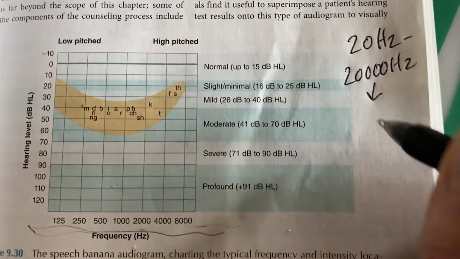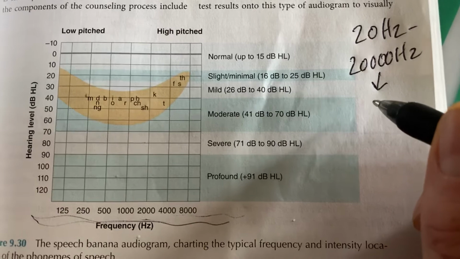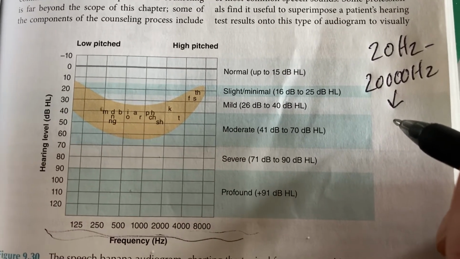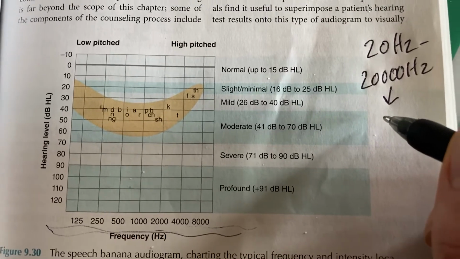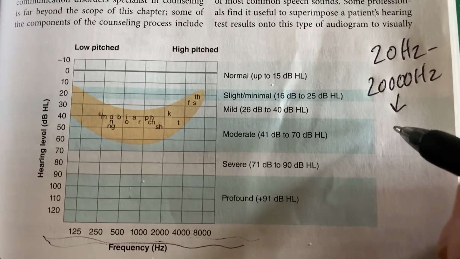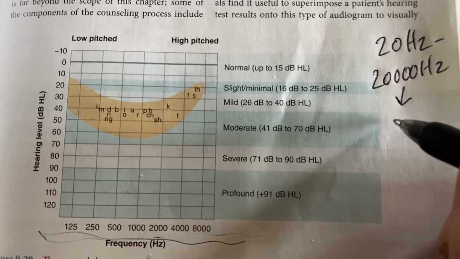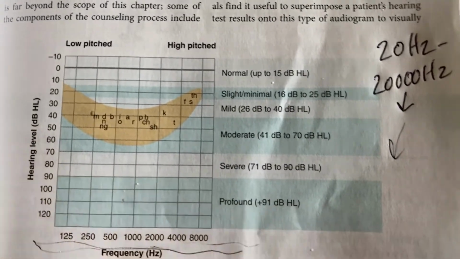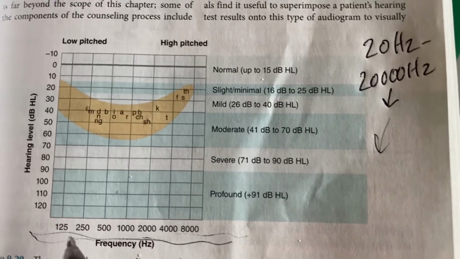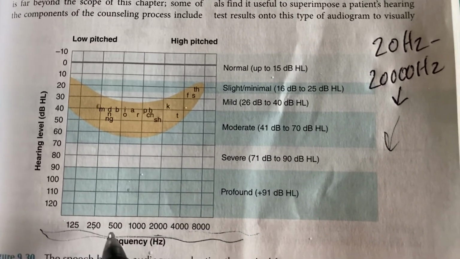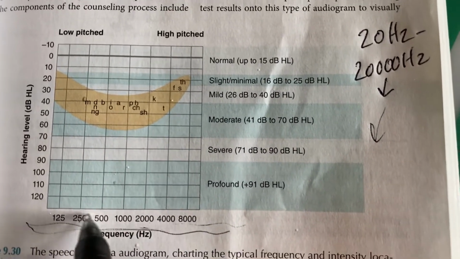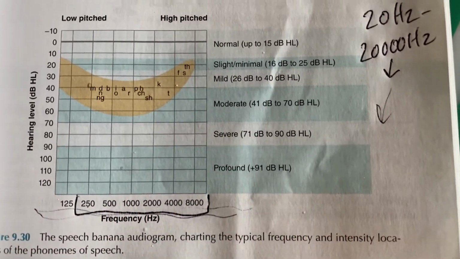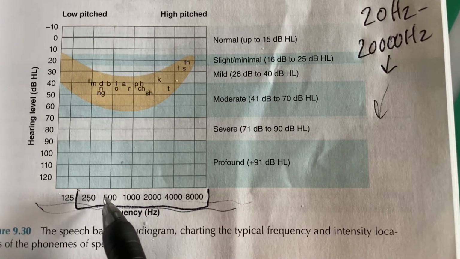Now, there are sounds that occur above 20,000 hertz. We just don't have the ability to perceive them. We don't have the flesh and blood within our cochlea to pick them up. Dolphins, bats, and other mammals like that rely on echolocation. Even dogs can hear at frequencies much higher than this because they have the flesh and blood ability to do so. Nevertheless, we as human beings only care in the field of audiology really measuring these 6 frequencies: 250, 500,